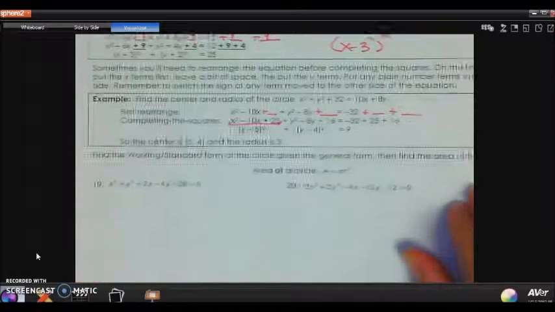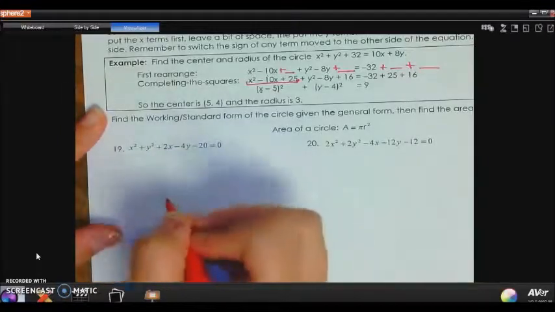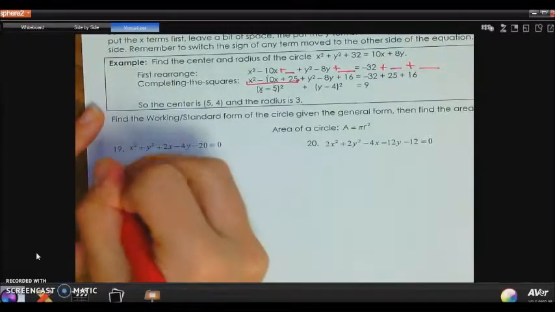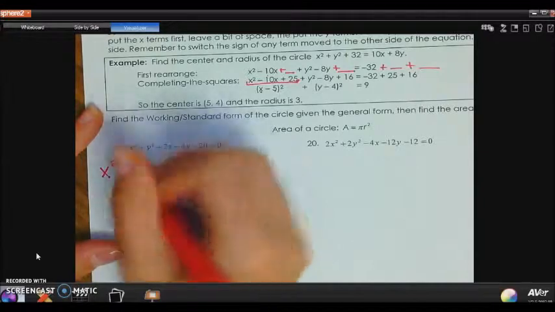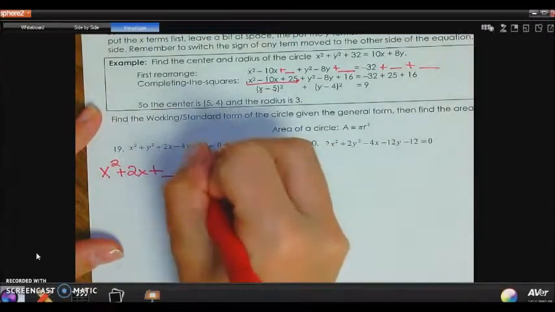Okay? So let's take a look at this first example. Again, I'm going to rewrite it so that my x's are with my x's. So I'm going to have x squared plus 2x plus a blank. Okay? Then I'm going to do my y's. So y squared